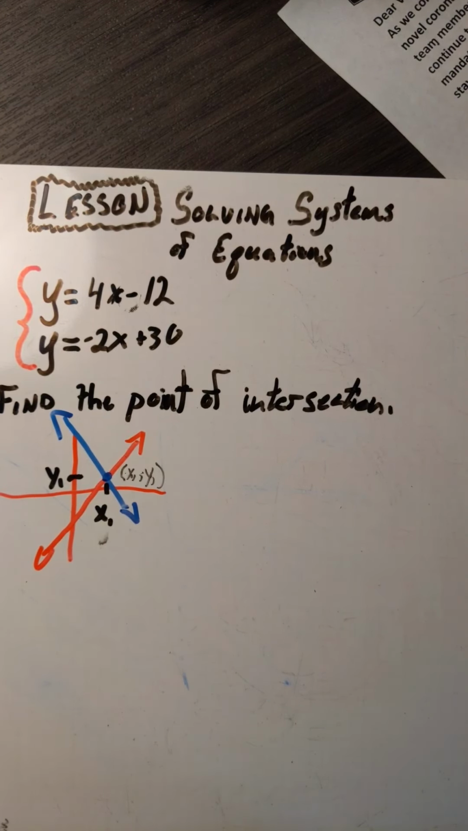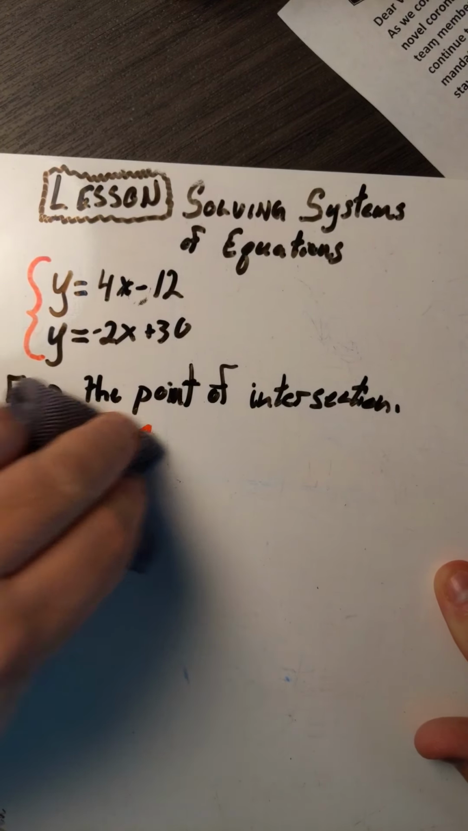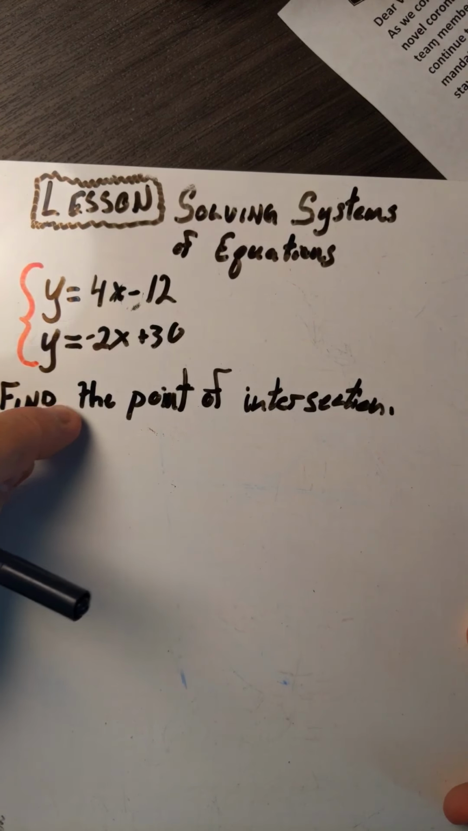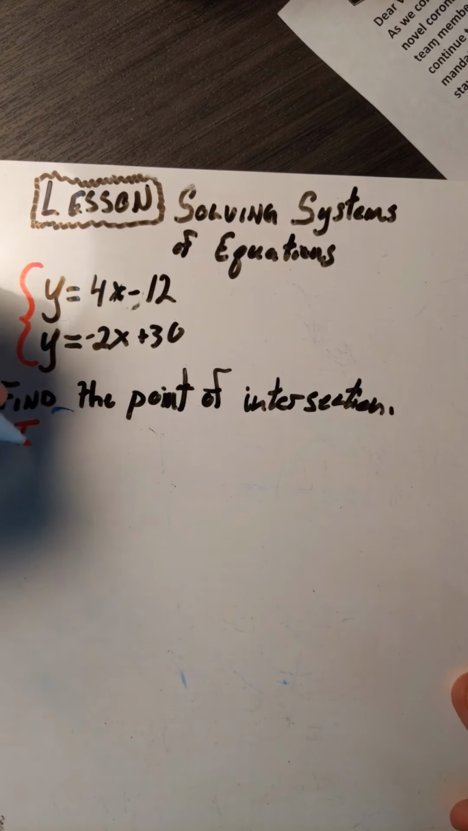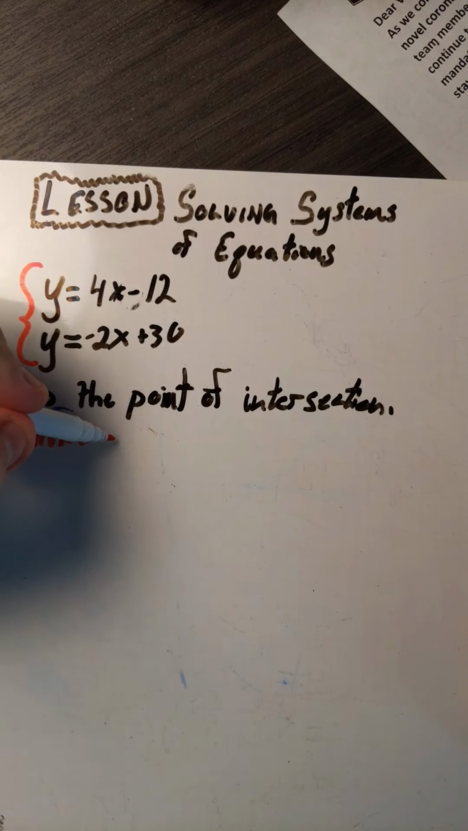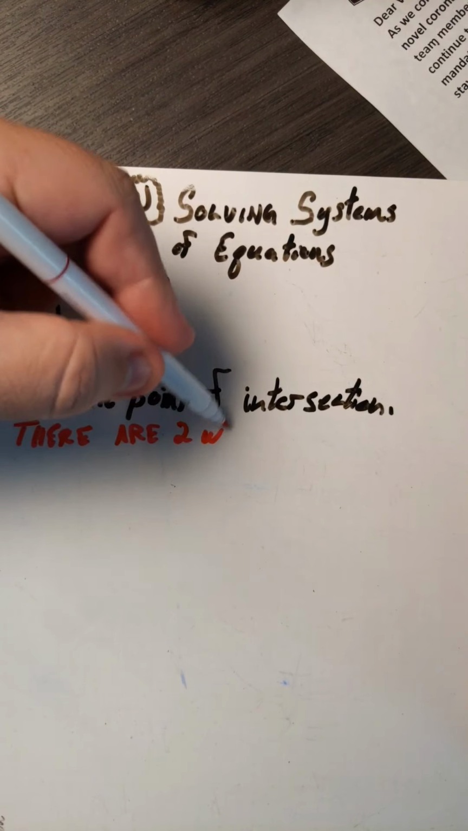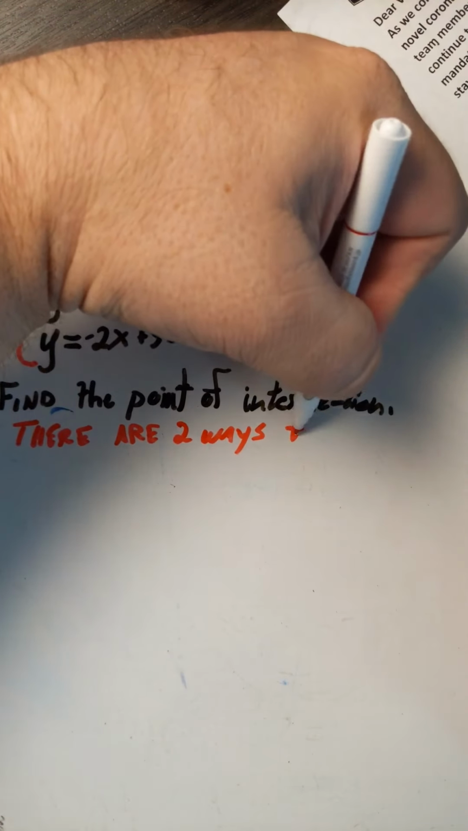So with that being said, go ahead and wipe down our screen here. Okay, very good. We're trying to find this point of intersection. There are two ways to solve a system of linear equations like this. So we're going to write that down. There are two ways to solve